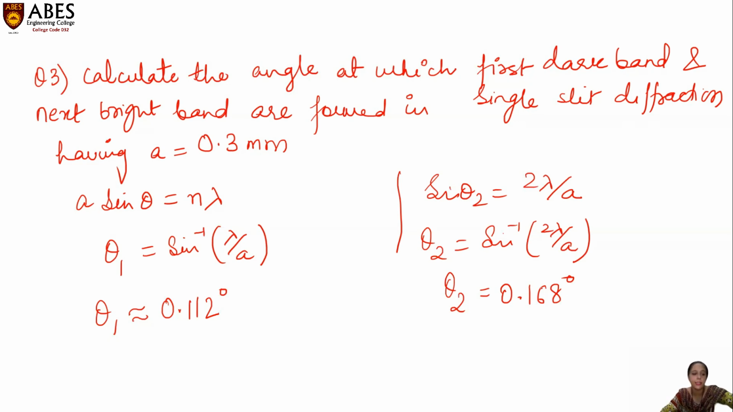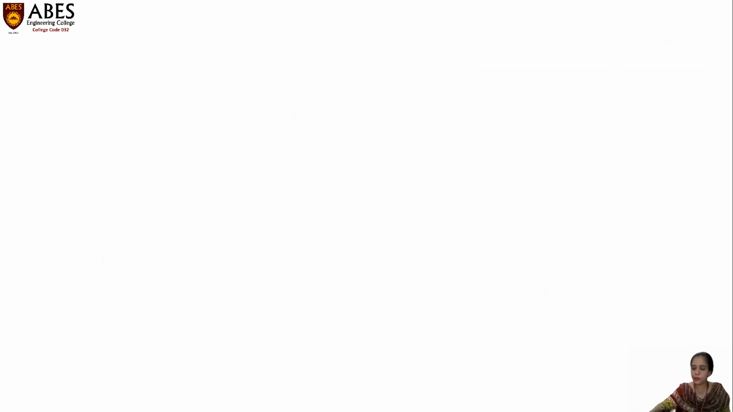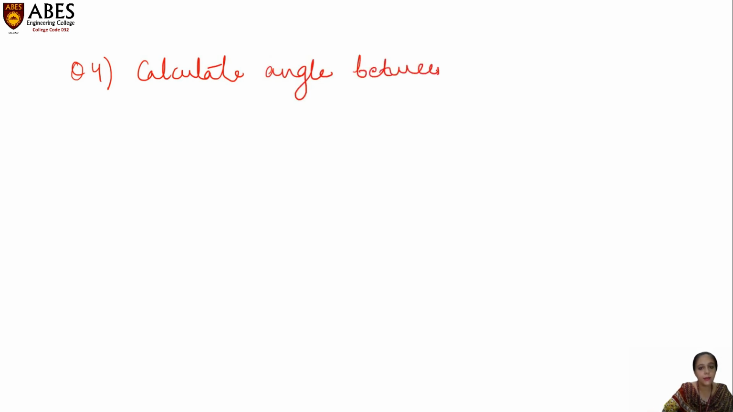For single slit experiment, the main formula is a sin θ = ± nλ. Now we are going to do a few grating numericals. So one of the grating numericals will be: calculate the angle between central image of a lamp